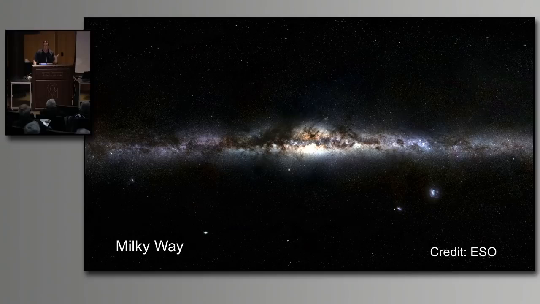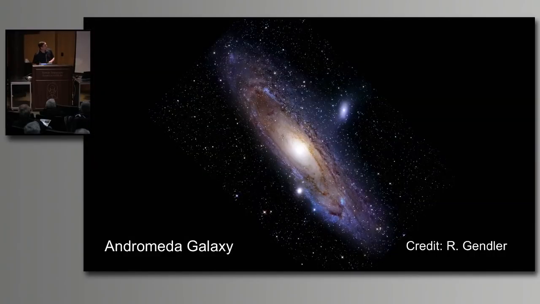Our Milky Way is a large galaxy. And in the local group, there are 3 respectable galaxies and a lot of flotsam and jetsam dwarf galaxies, okay? You can see 2 of the flotsam and jetsam dwarf galaxies over here on the right. These are the large and small Magellanic Clouds. You can see the other large galaxy over here on the left. This is the Andromeda Galaxy. So the second large galaxy in our local group is the Andromeda Galaxy.